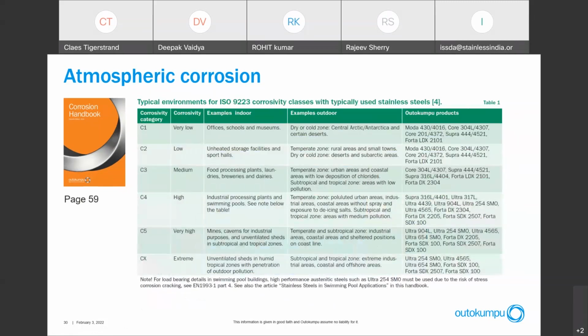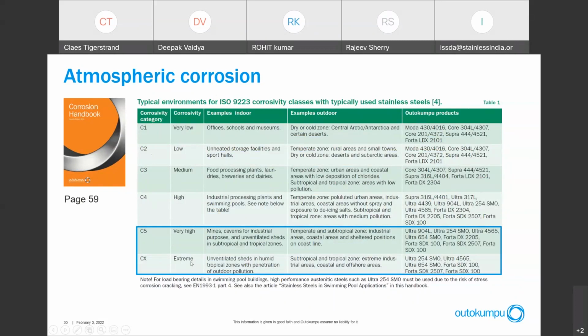There are some other tools maybe you're aware of. The ISO standard is typically used for carbon steel coating systems, where you're looking at different corrosion categories. From the less corrosive C1 up to very corrosive, C5, CX. And of course, in an environment close to the shore in Mumbai, we are in a tropical zone close to the sea, and you can see to the very right the highest alloyed material. Perhaps a Duplex 2205 could work, but perhaps you need to go for higher alloyed super duplex to fully resist